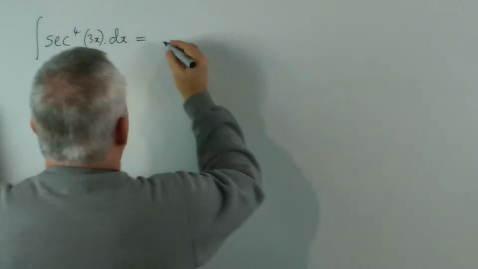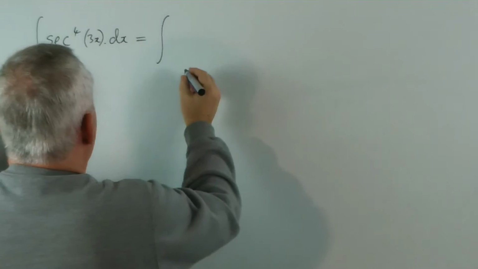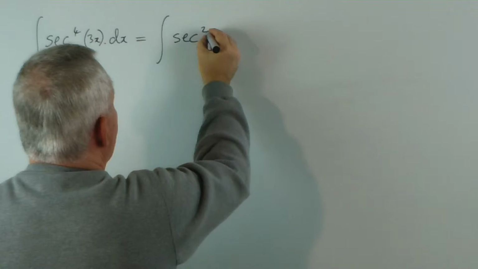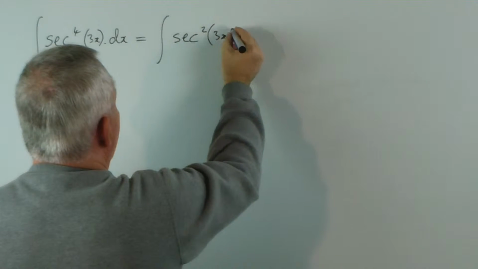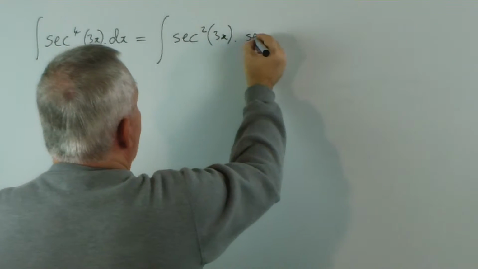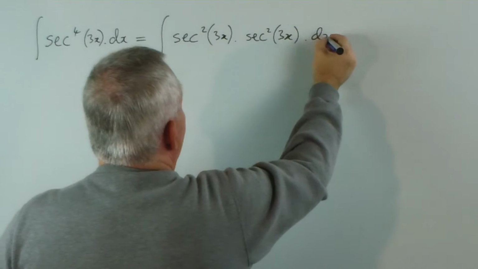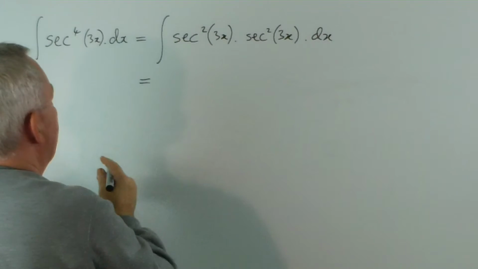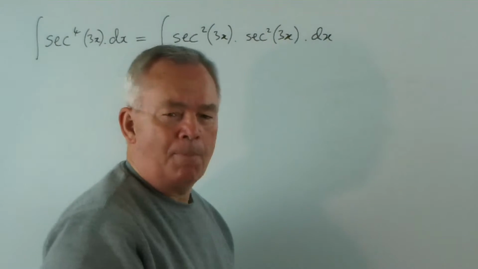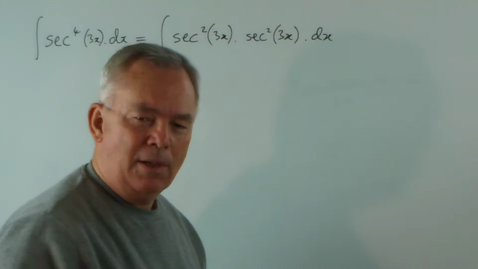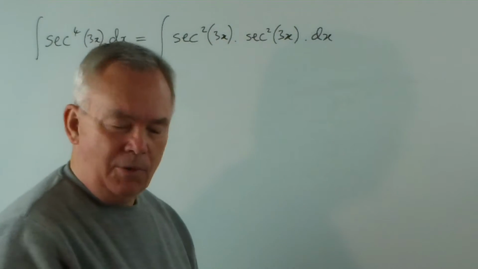And the way we do it is this. We break the secant to the fourth power up into sec squared 3x, multiplied by another sec squared 3x times dx. So far we've just separated into two bits, and one bit we're going to convert using the identity, and the other bit we're going to convert using the integral,